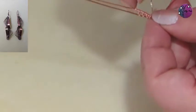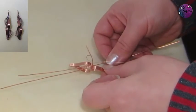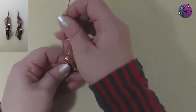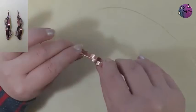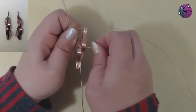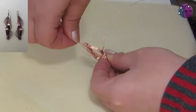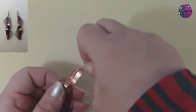And every now and again you can just check your weaving up against the sheet form, just so you can tell when you've done enough weaving, you're getting towards the top. And once you have gotten towards the top, within a few millimetres, because you're wanting to curve it around, you can then put that long wire back through the hole and start manipulating that shape that you're wanting to get, so curving those wires around to where they'll eventually be. So you can just manipulate that weave into the curve that you want,